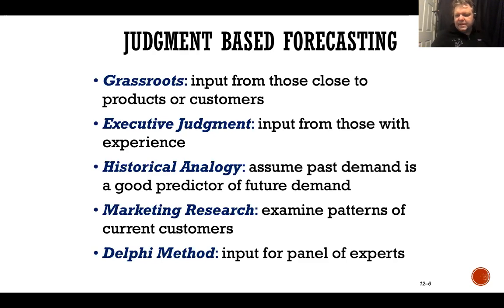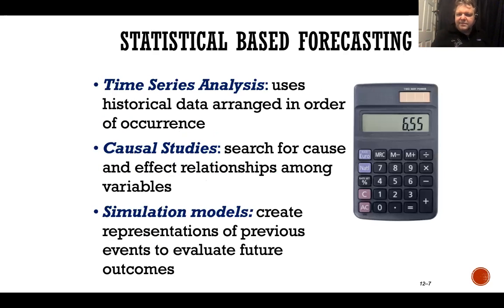Now, the last thing to go over, and then we'll start the math starting on Wednesday. Statistical-based forecasting is looking at statistics, it's looking at numbers, and it's based on information from the past. Okay, so we're going to look at the numbers we had generated last month, last week, or last year. And based on that, we're going to assume and predict what the future is going to be. This is what most of our forecasting is like. So most of our math problems are going to be like this. Time series analysis is looking at historical data arranged in order of occurrence. Recent is more important than the distant past. And we're going to predict what the demand is going to be.